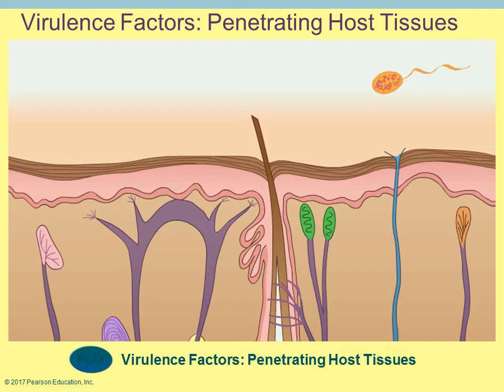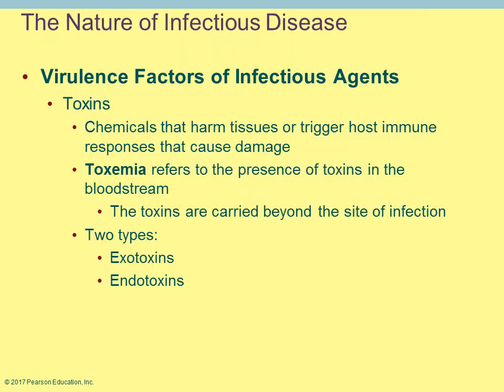This picture is just showing, once again, a schematic drawing of the skin and how along the hair follicles, along the pores from your sweat glands, these do provide openings into the body. The sweat and oils that you do produce along the hair follicles and through the sweat glands actually do contain chemicals, from our standpoint, that is good, that help to kill any microorganisms that are trying to enter that way.